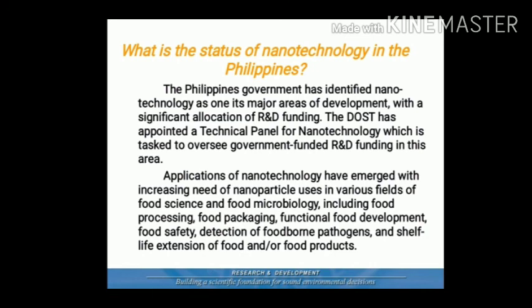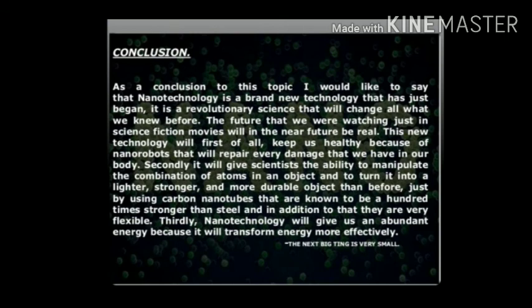Applications of nanotechnology have emerged with increasing need of nanoparticles used in various fields of food science and food microbiology, including food processing, food packing, functional food development, food safety, detection of foodborne pathogens, and shelf life extension of food and food products. As a conclusion to this topic, I would like to say that